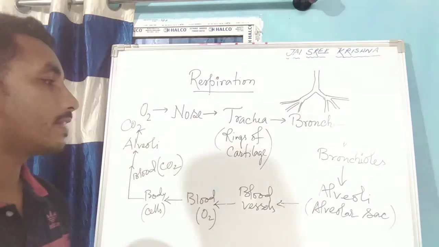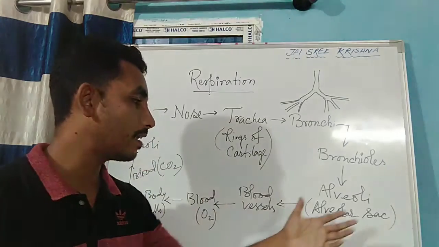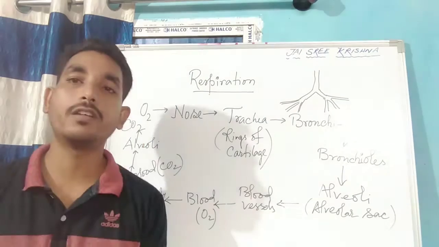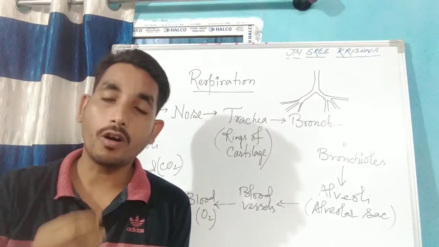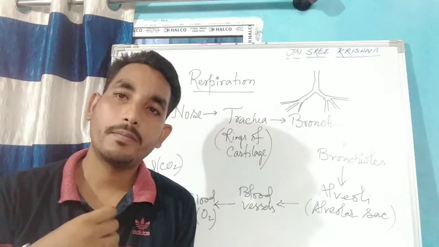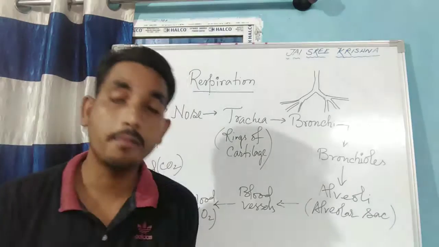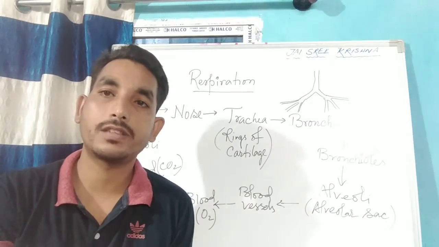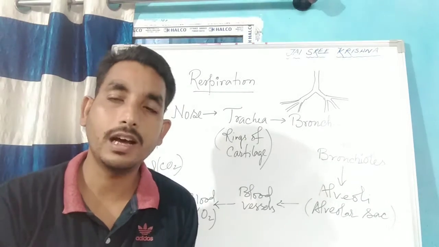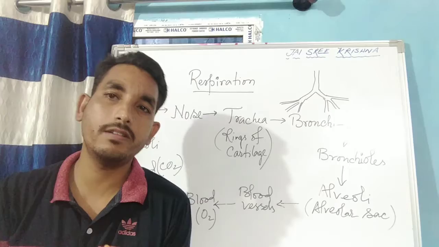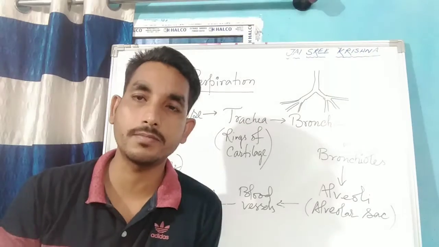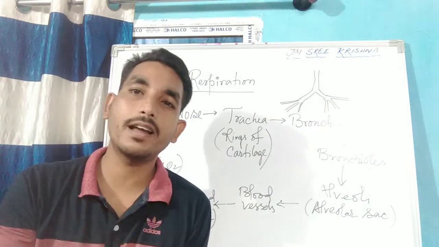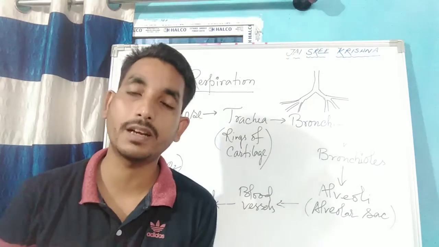Now the main part is how this oxygen is mixed with the blood in the alveolar sac. This oxygen is mixed with the blood by the process of diffusion, the movement of substances from higher concentration to lower concentration. Diffusion alone is not enough for large multicellular organisms like human beings or animals. So the oxygen is carried by a pigment called hemoglobin,